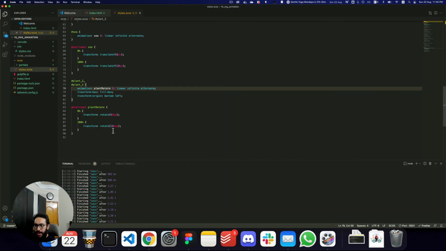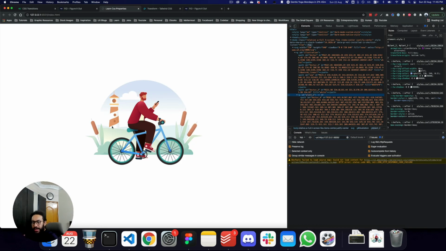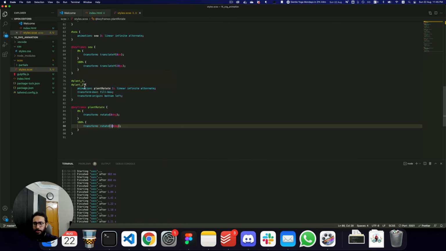So yeah, this looks good. I think this should actually be slightly smaller, 10 degrees maybe. So yeah, I think this looks fine. Though I actually want to move the plants